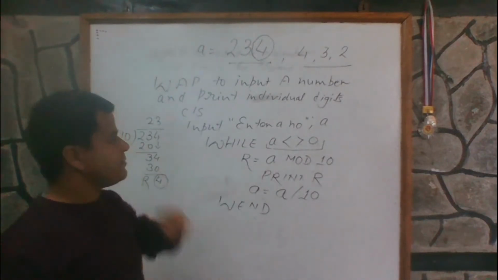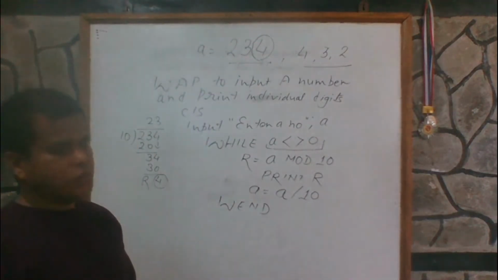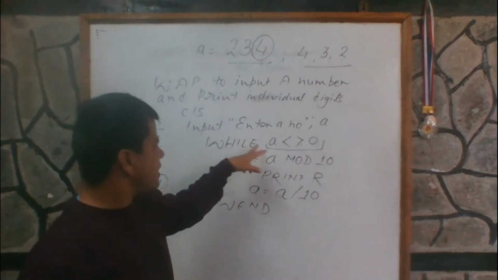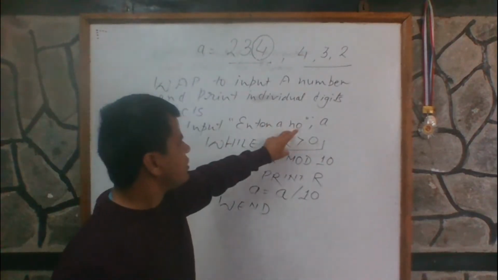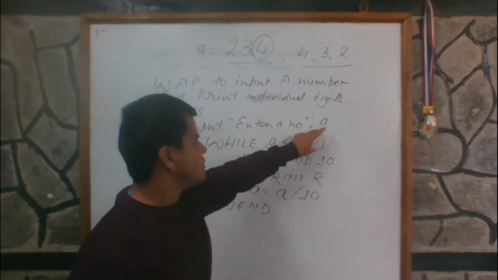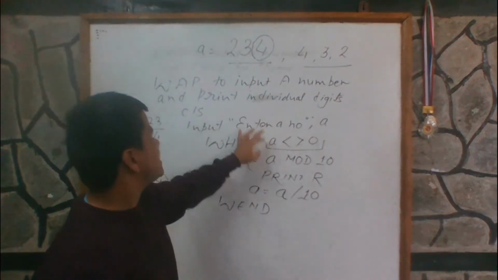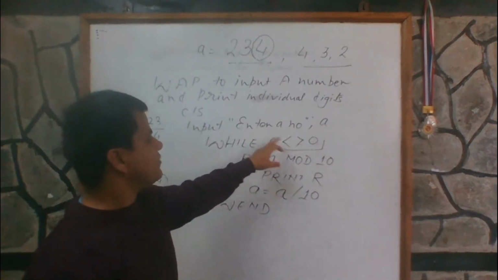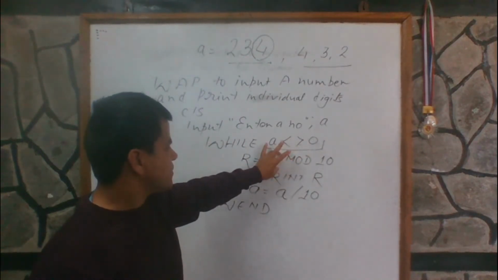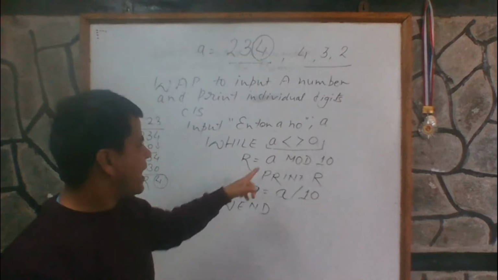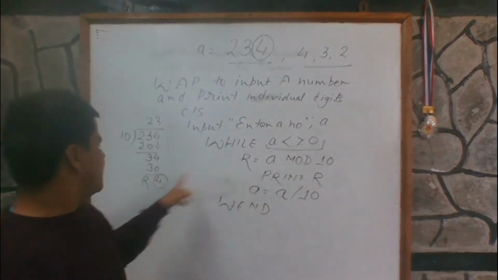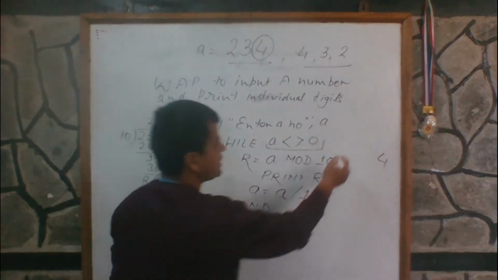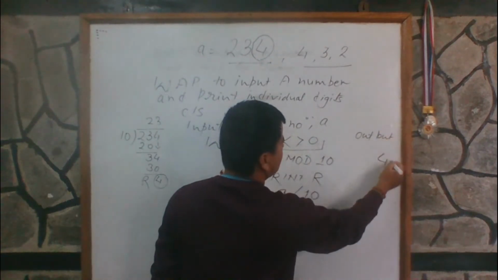So how is this program working, look here. For example, A equal to 234 is there. Then first of all I have to extract the 4. So I am going to make a loop. A means that number is not equal to 0. A is not equal to 0, then the loop will work. So in the starting the value of A is 234. So A is 234, 234 is not equal to 0, the condition is true. And when the condition is true, it goes here. And 234 mod 10 leaves the remainder, the remainder is 4. 4 is printed over here. So our output is 4. If we are talking about the output, then the first output is 4.